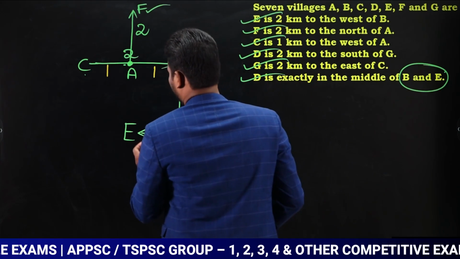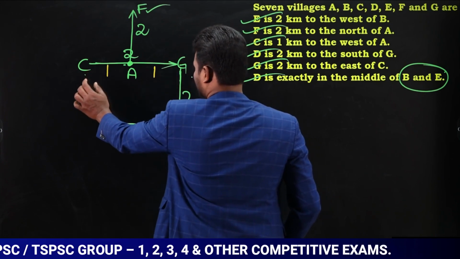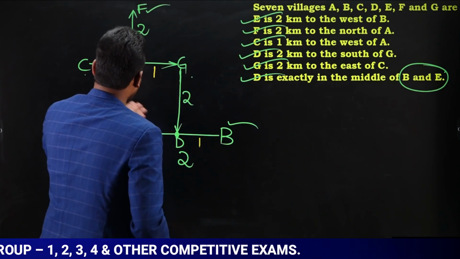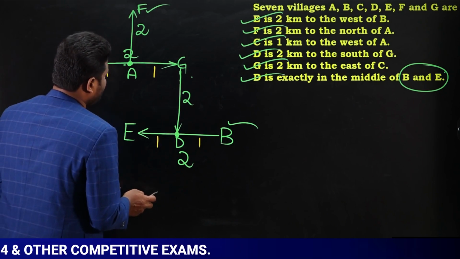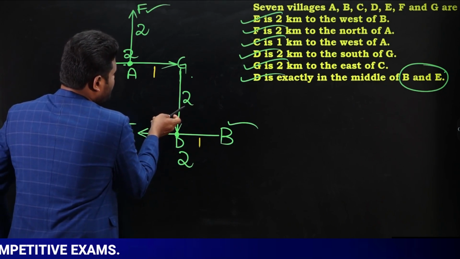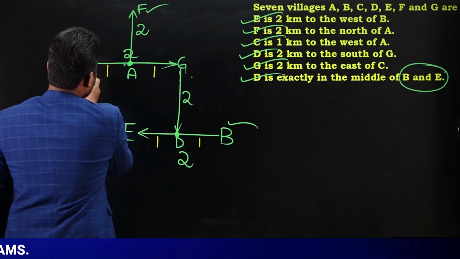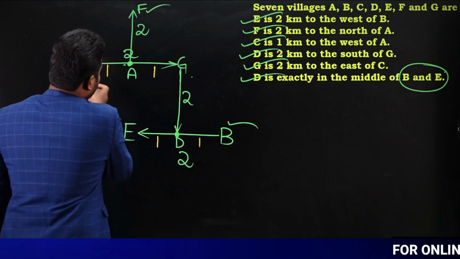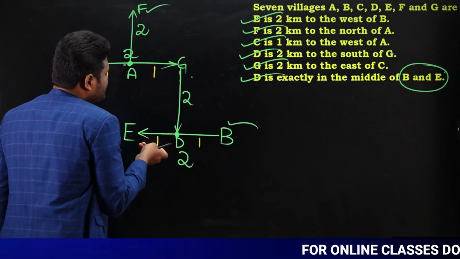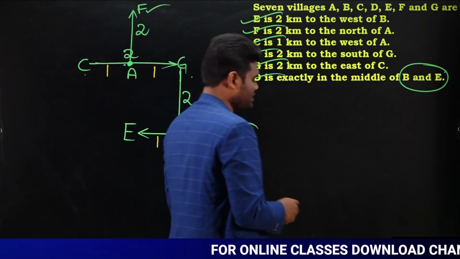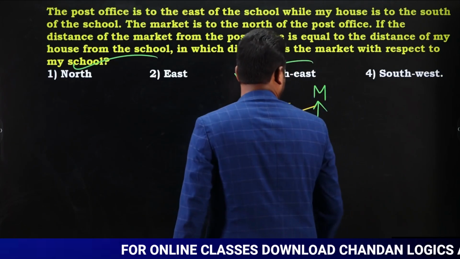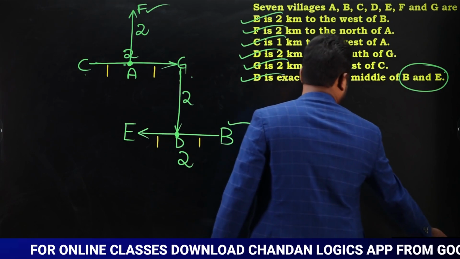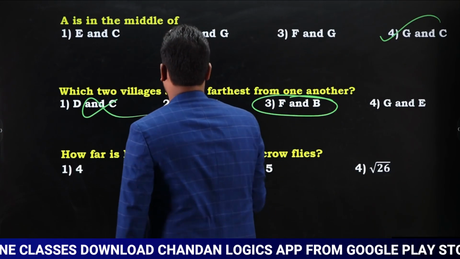Now if you observe, where is D? This is D. This is C. Yes or no? If you look at DC, obviously the distance between D and C is going to be how much? Now actually if you look here, this is 2. This is 2. When you apply distance between them, obviously our answer will be less than 4. So this can't be our answer. So DC can't be our answer.